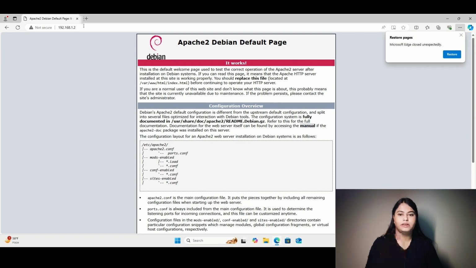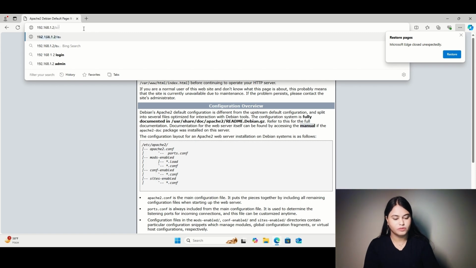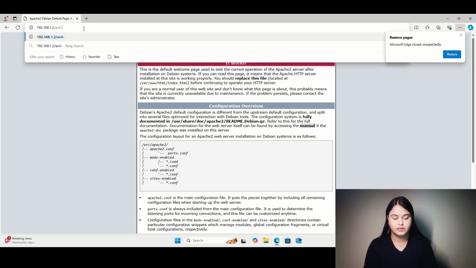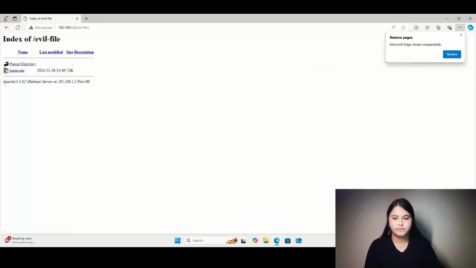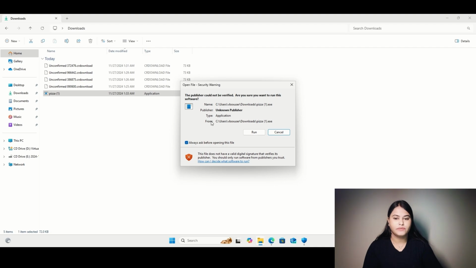So rather than this page, we want to land on our file. So let us navigate. Over here, we can see the pizza.exe, and if we execute it, we'll get the connection established. So let's quickly hit this. So now as you can see, we have pizza.exe within our downloads folder. So if I just run this,